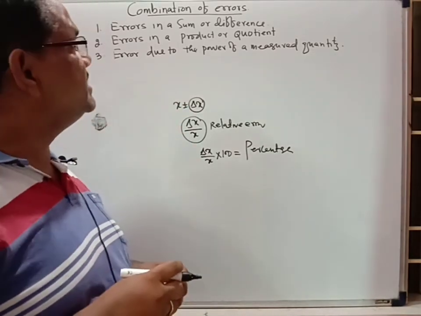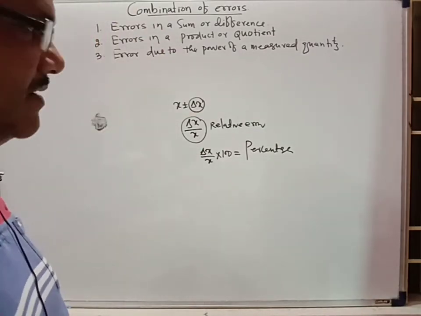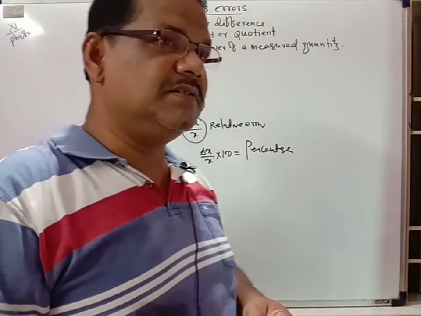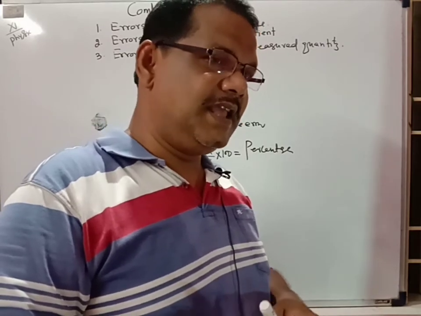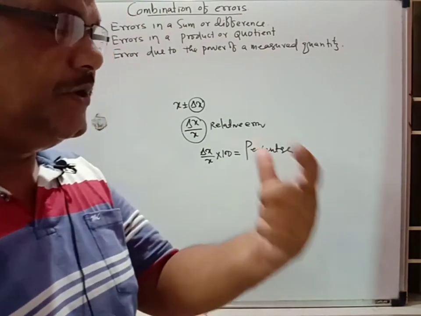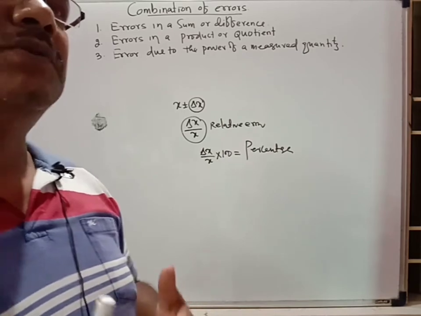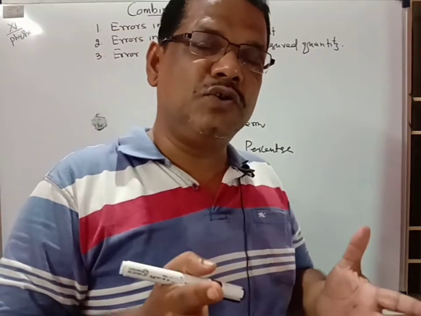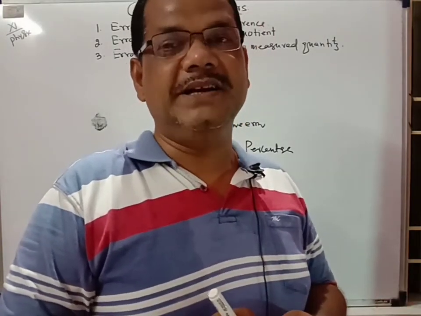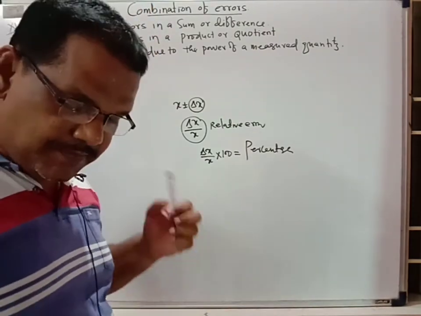By considering all these things, we have to go for the combination of errors. What is the meaning of combination of errors? Suppose, for example, you want to calculate the area of a rectangle. If you have an error during the measurement of the length, and an error during the measurement of the breadth, then whenever you calculate the area, the errors should be combined. So we have to find out the techniques for how the error is to be combined, so that in the result you get the combined effect of the error. That is the combination of error.